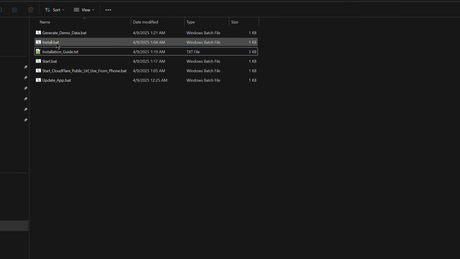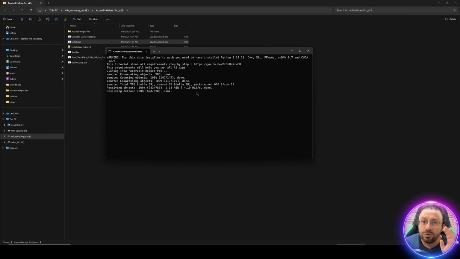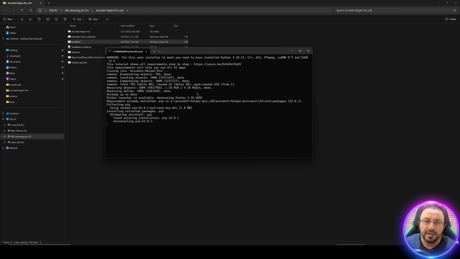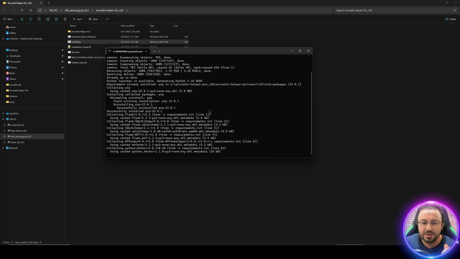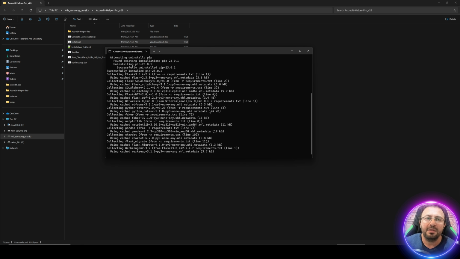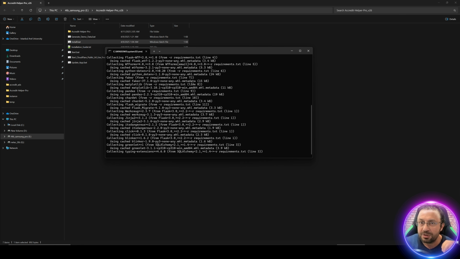After that, double click the install.bat file. Do not run as administrator, just run with a double click or select and hit enter. Then it will start the installation and it will install the application and the necessary libraries into a virtual environment